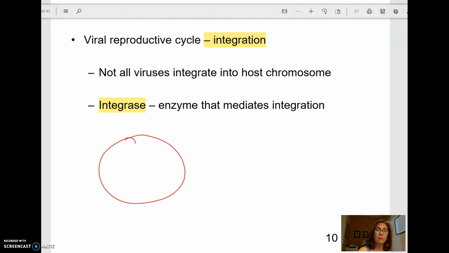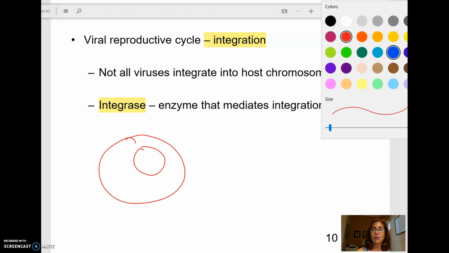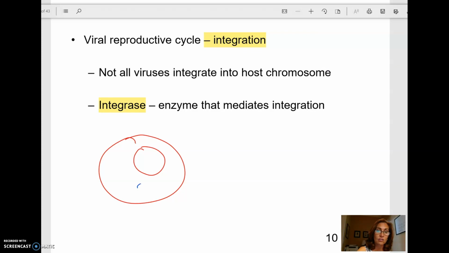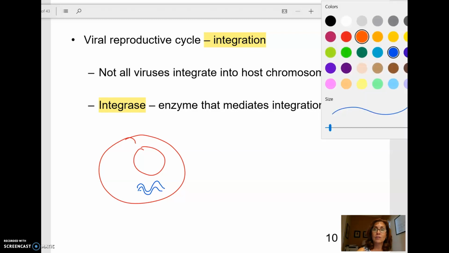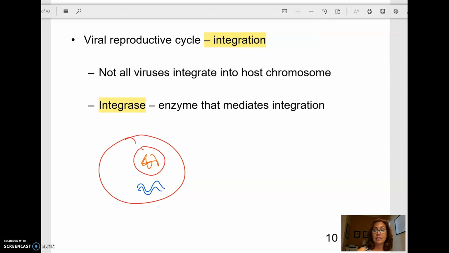So if you have a cell, remember, if you're dealing with a mammalian cell, the virus has to not only get into the cell, okay, so here's the viral DNA. It's going to have to do something to interact with and destroy the DNA of the host, all right? And when that happens, that's a mess. Bad Dr. Val, look at this. Here I am making circular chromosomes in the human nucleus. Bad job. Okay, so the chromosomes will be destroyed, but integrase, if this virus is going to integrate into